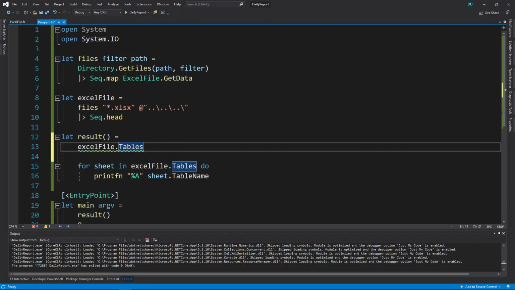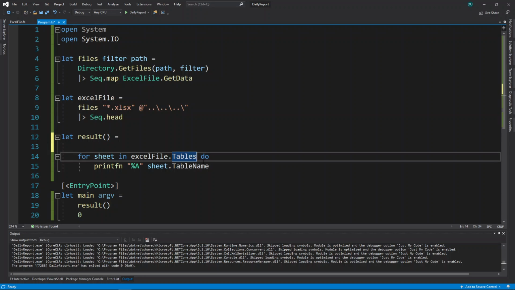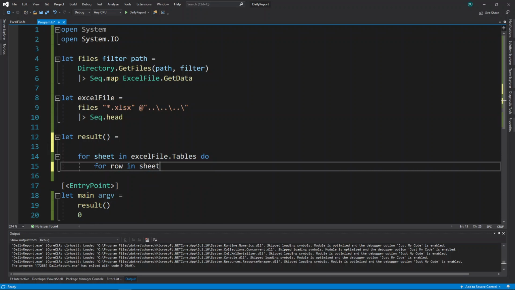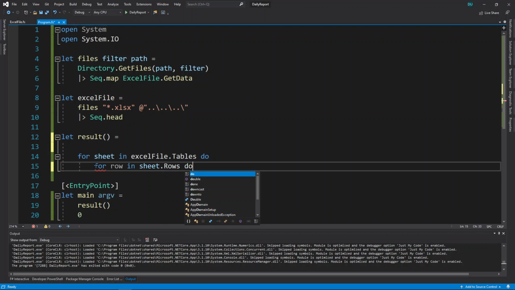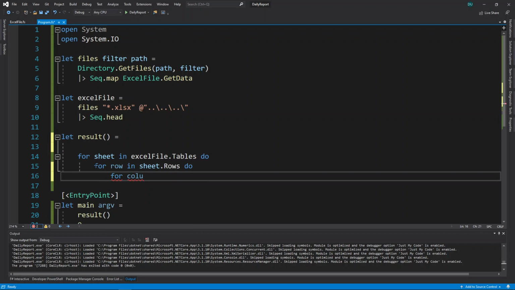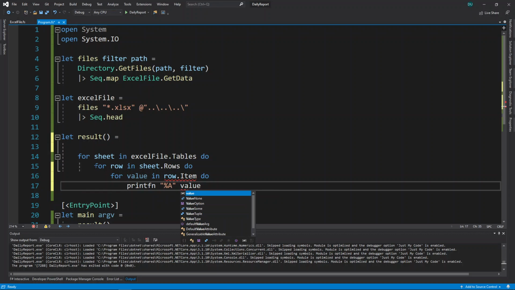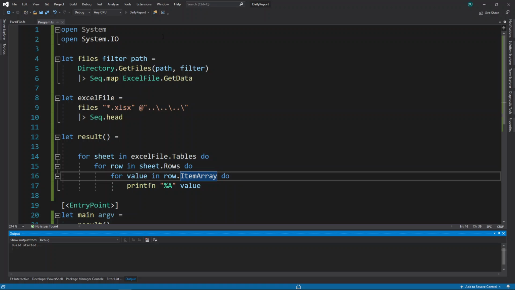So the way I normally do this is I will figure out a way to get my data. So maybe I do a for sheet in each. Maybe I do a more normal iterator loop, for i in 1 to 2 or whatever, 1 to sheet.length. So for example, one way to do this is for sheet in there. So for row in sheet.rows. Once again, I always forget the do clause. Do, and then for column, we'll call it for value in row.item array. Do, and then we can do printfn value.Item array. Boom. And if we were to run that, you'll see that it'll print out every single value